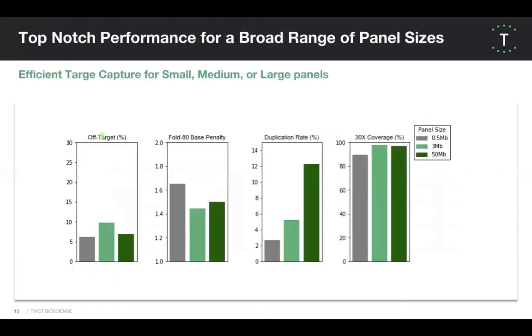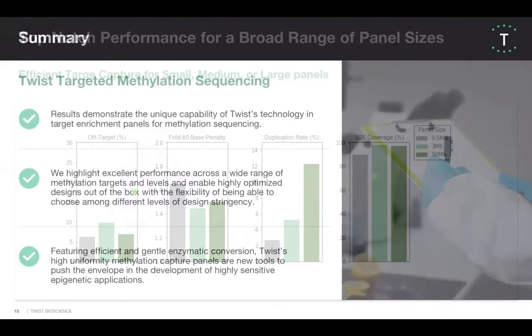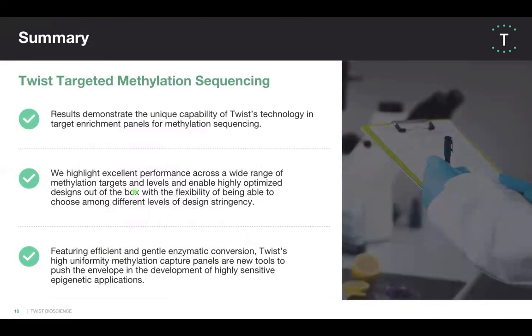Now, you can apply this to multiple panel sizes, a very broad range. And again, here across 500 KB up to 50 megabases, you can see exceptional performance in very low off target, very low fold 80, which means high uniformity, a very keen duplication rate that ultimately leads to a very high depth of coverage. So in summary, the Twist Targeted Methylation System represents a unique ability